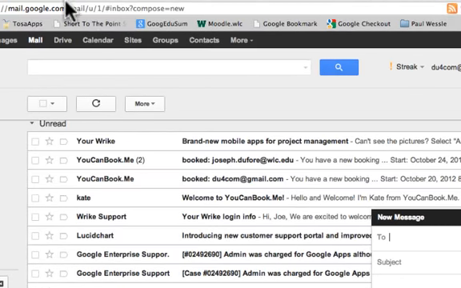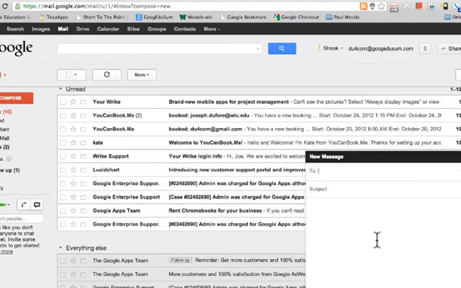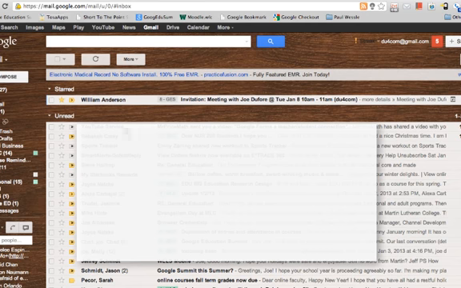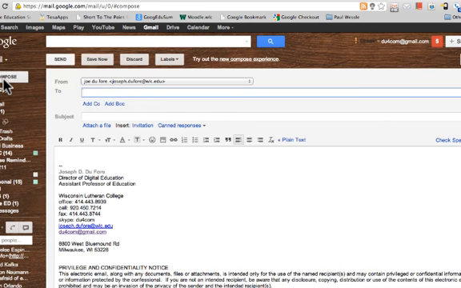But first I want to show you what the old version of the compose message looks like, which you can actually still use at this time, and some of you may still have. So I'm going to show you the old version, then we'll take a look at the new version, and they basically function exactly the same. They just look a little bit different. So I'll go back to this email right here and hit the compose button from this account, and you see